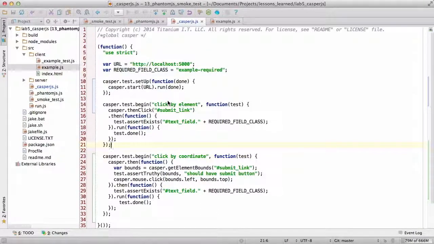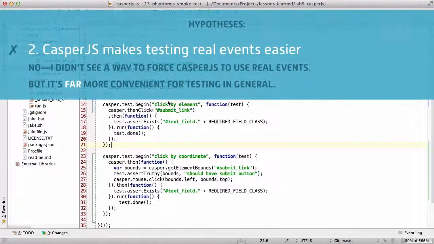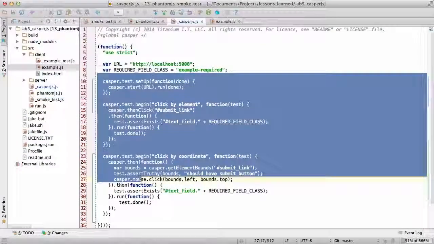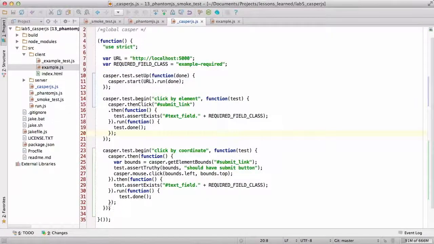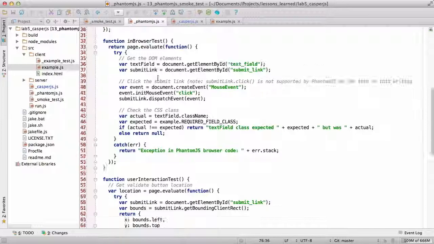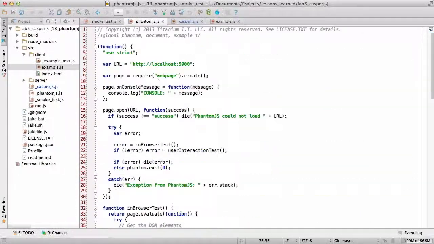Well, that brings us to the end of our third and final challenge, which was, does Casper make using real events more convenient? And the answer to that is no, it doesn't make using real events more convenient, but it does make writing tests way more convenient. I mean, look how compact this is. We do have really nice test suites. I mean, this is exactly the same as this code,